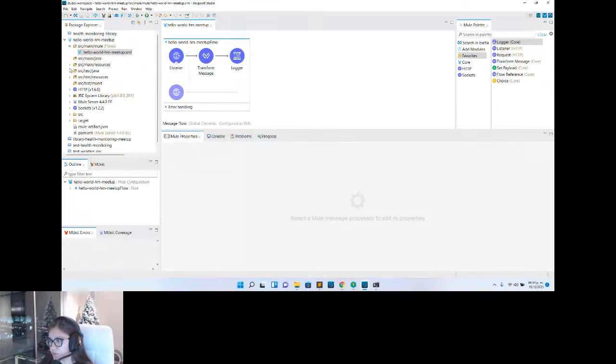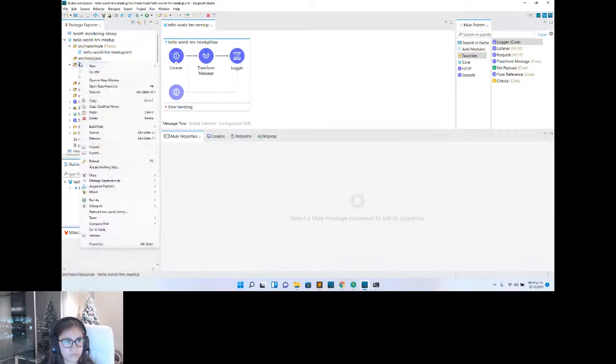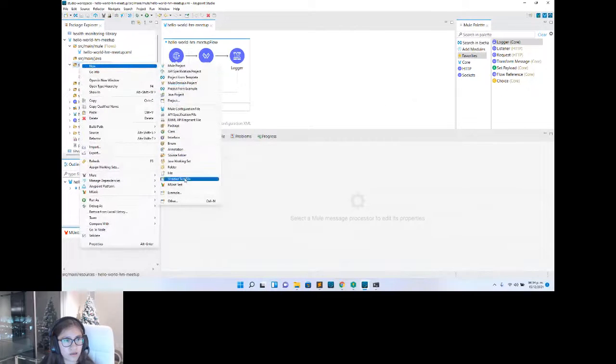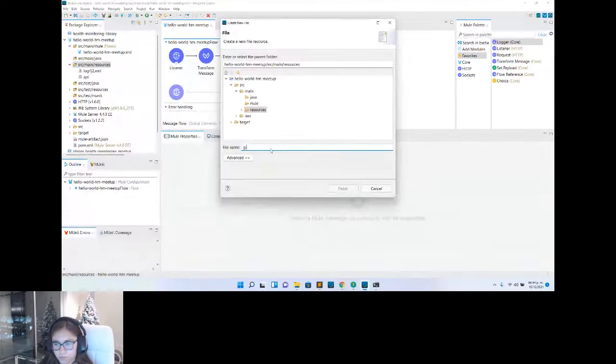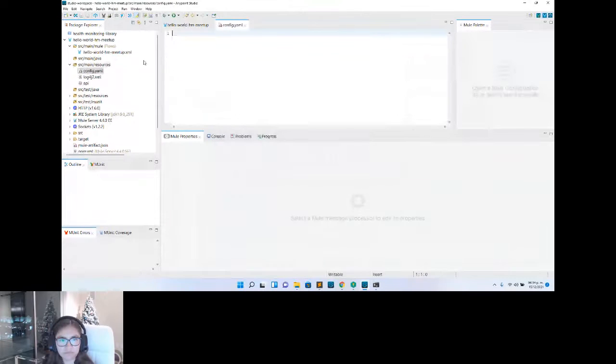So that's why we need to do other steps. So we are going to generate here in resources a file that I'm going to name config. Okay, this is in resources, and here what I am going to do is place some properties about my application,